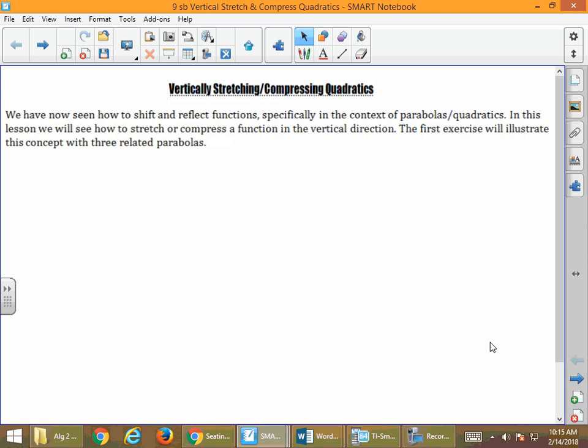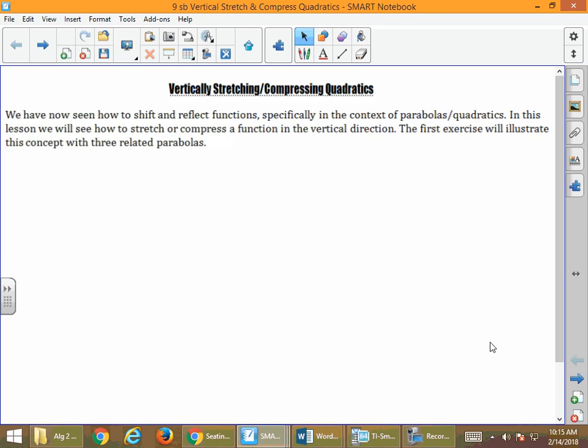We've seen now how to shift and reflect functions, specifically in the context of parabolas, which are also known as quadratics. And today what we're going to look at is how do we stretch or compress, compress means shrink, a function in the vertical direction. And the first graph that we work on here momentarily is going to illustrate this process